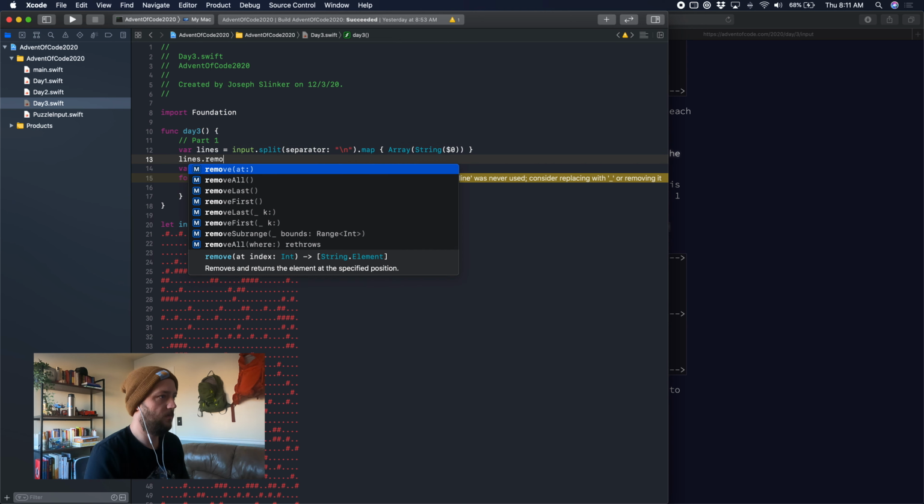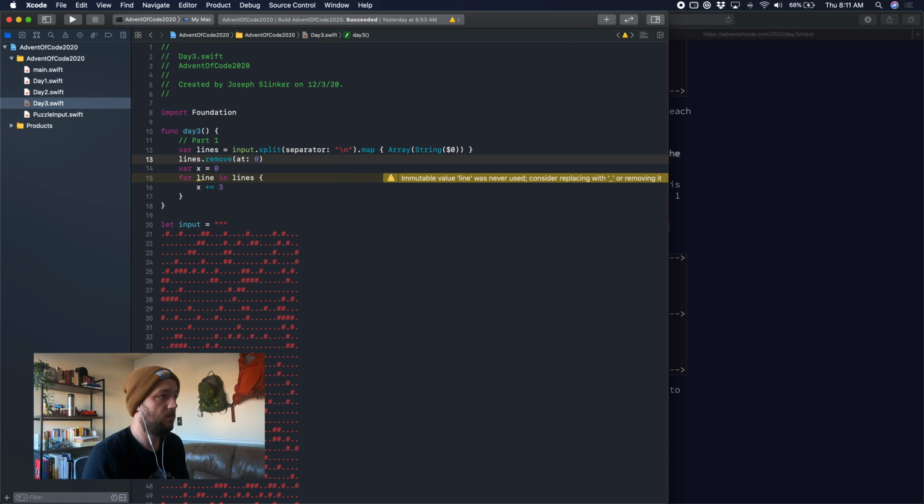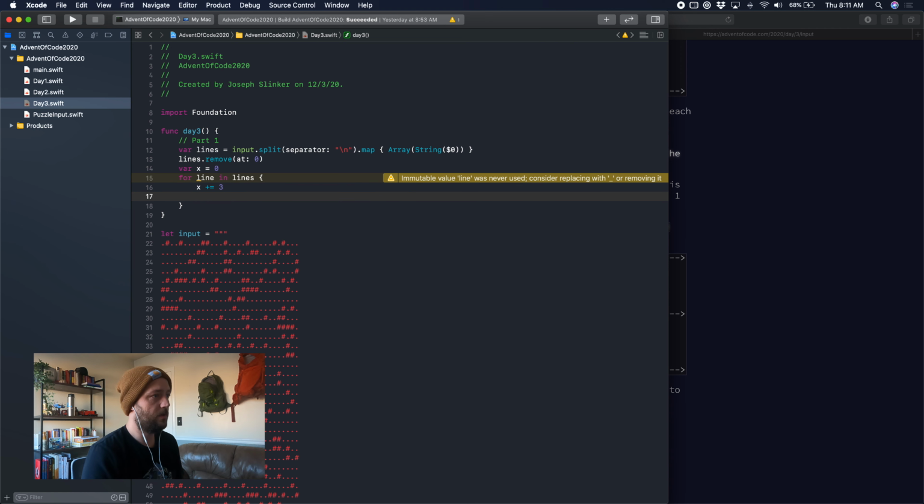Lines dot remove at 0. Okay. We're skipping the first one because you don't. It's 3 down 1. Okay, this might bite us later depending on what part 2 is. We'll see. Okay, so over 3 down 1. Okay, so then what we're going to do is we're going to say